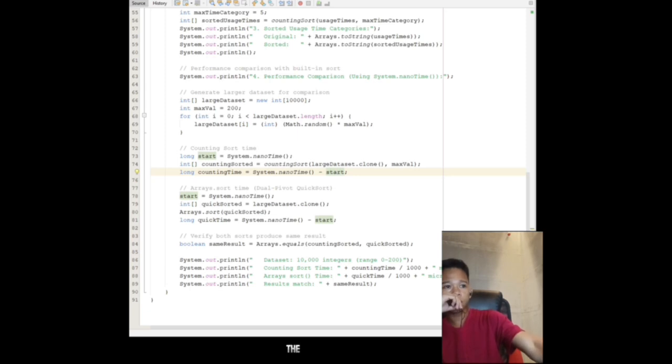And for the comparison, we also made the same time measurement for the built-in sort on a large data set, cloned from the original, as with the counting sort.